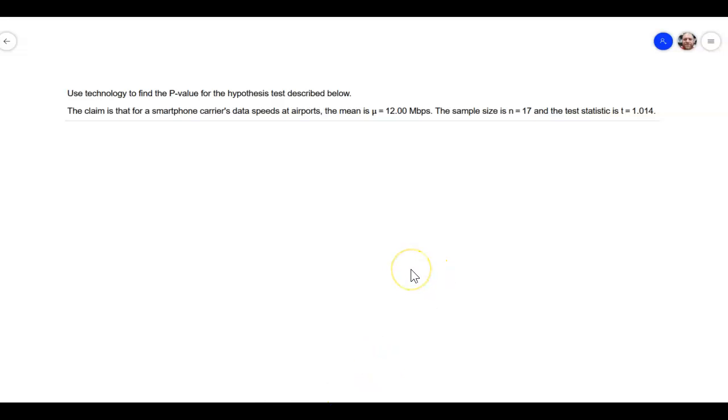It is using that tool under our calculator, under second distribution, number 6, the TCDF. I got confused on one little part, but it's actually not too bad of a problem. This is a two-tailed test. Our claim in symbolic form, they give it to us right here, is mu is equal to